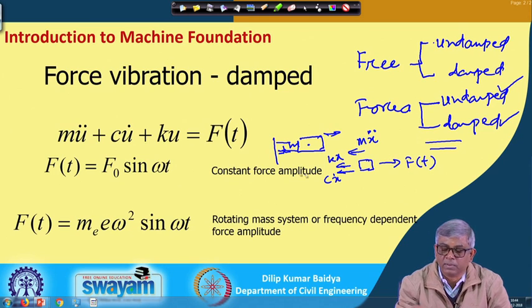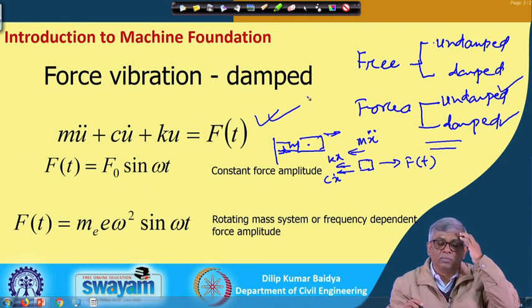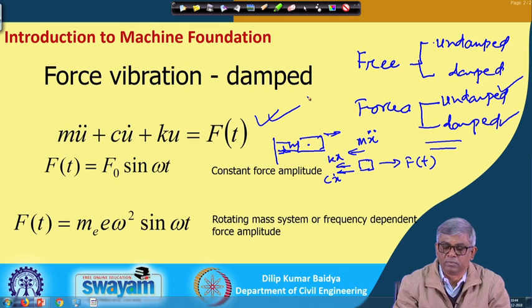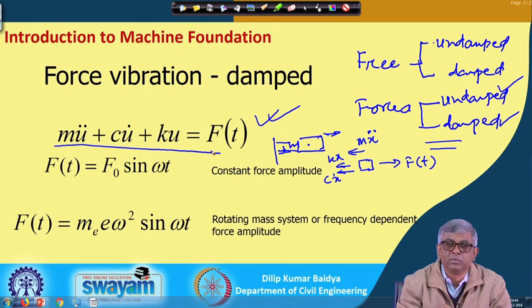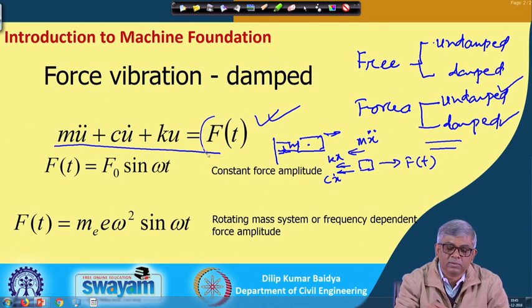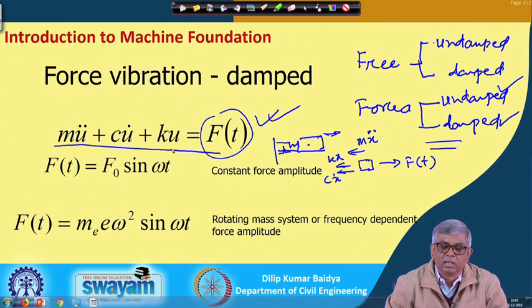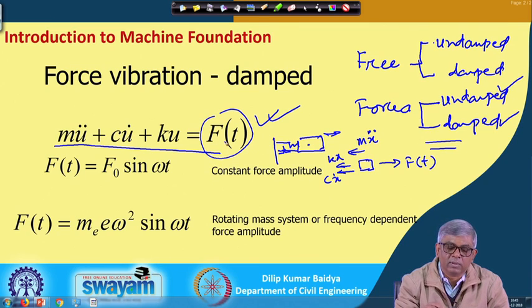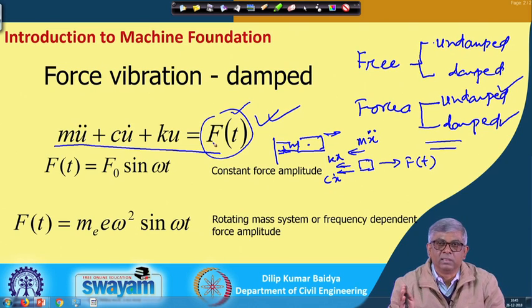Then if I draw the free body and consider the equilibrium in horizontal direction, I will get this equation, that is the equation of motion for this system. Now, the solution of this will contain 2 parts, one is the complementary part, another is the particular solution. Complementary part, how to get it? You have to put the forcing function equal to 0, and then the damped free vibration solution, the way we have done it, the same solution will be there. Additionally, with the force, I will do the particular solution, and these two together will be